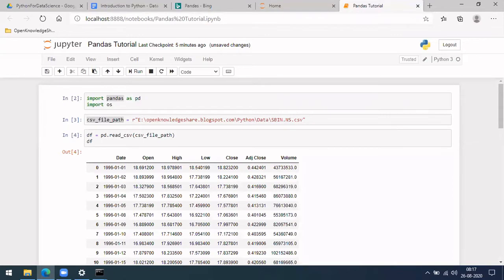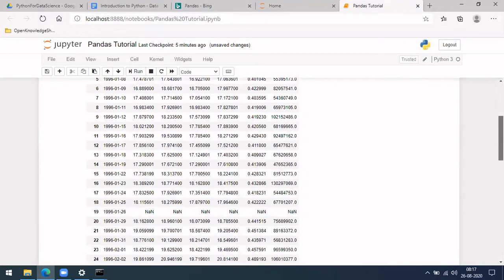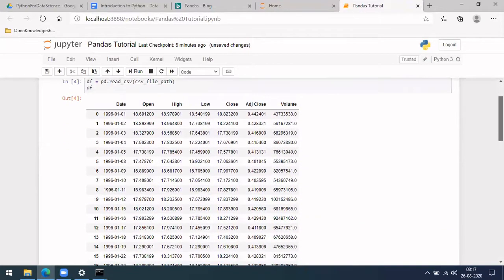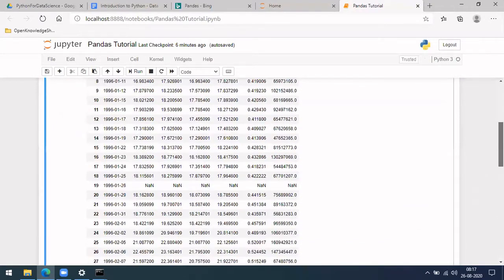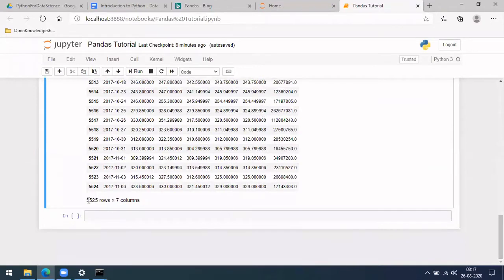So it's reading. If you see, this CSV has these columns here: date, open, high, low, close. These are the columns which were inside your CSV, and each row is here. So the entire thing is being saved in df. If you scroll down, there were around 5,000 plus rows and 7 columns.